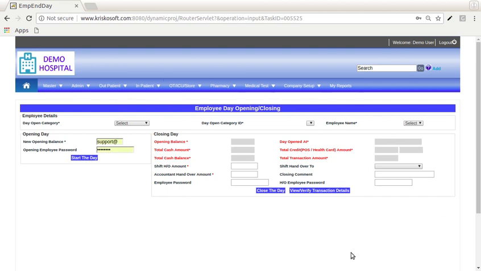Now employee day end is done by whom? Employee day end can be done either by the employee or by the supervisor of the employee. Now what is the objective? As I briefly mentioned in the beginning of this talk, the objective is that for a particular employee who is actually dealing with all the financial transactions with the